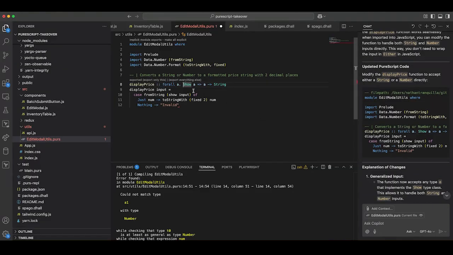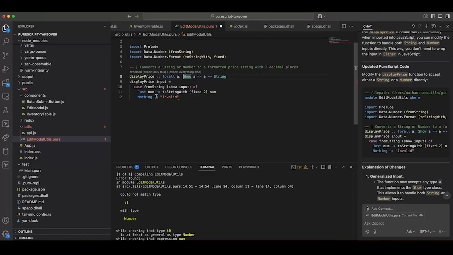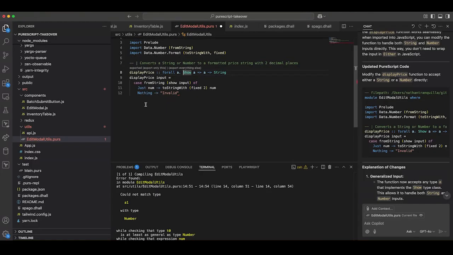So long as A is showable. Okay, display price input. Okay, case from string. Oh, interesting. So numbers and strings